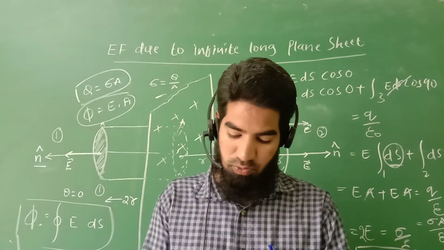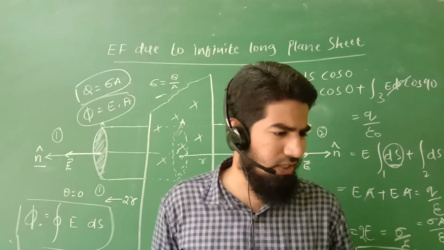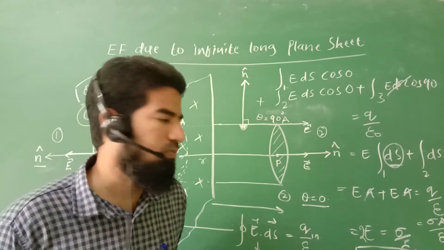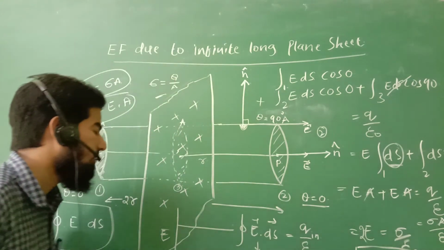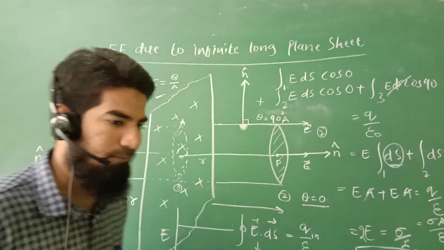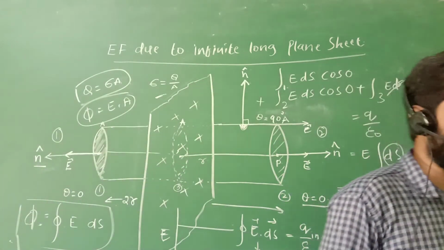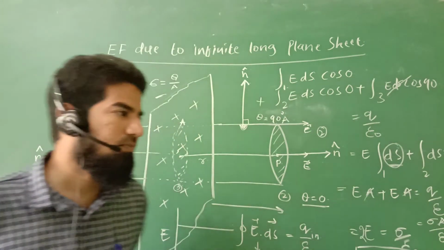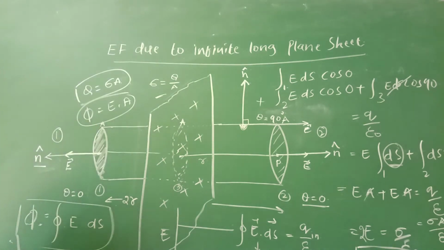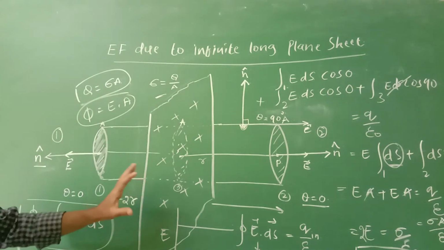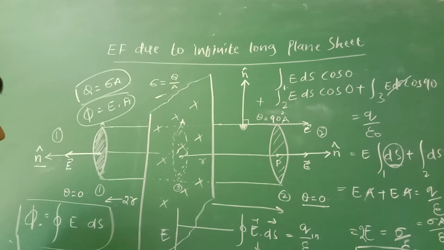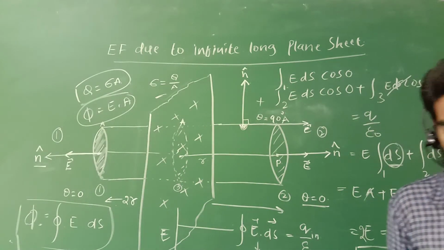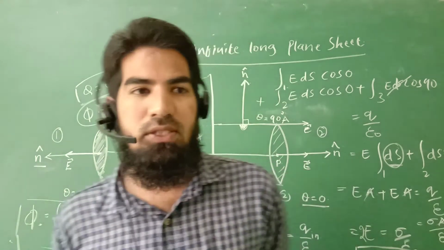So we shall prove the Gauss law. Here a proof is not required, but for our understanding we will prove the Gauss law. Suppose we consider a sphere, a closed surface. In the center we have a charge q, a plus q charge, and the surface is separated from it by the distance r.